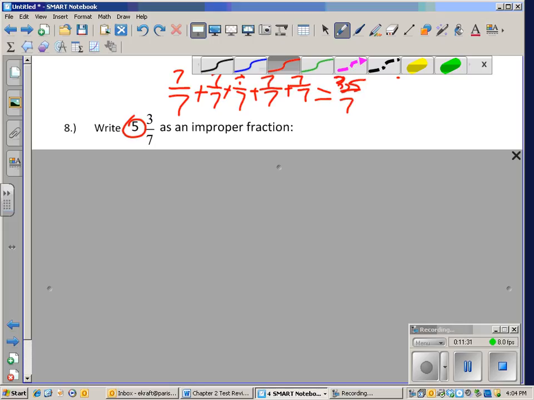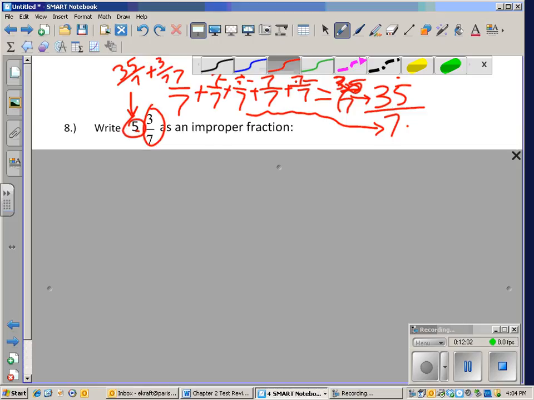35/7. It's kind of a little bit hard to read up there. So when you added all those fractions, the denominator stayed the same. That's why we have the denominator as 7. But we had to add all those numerators, right? And so we got 35/7. So this 5 represents 35/7, right? Mm-hmm. And if we have 35/7 plus 3/7,